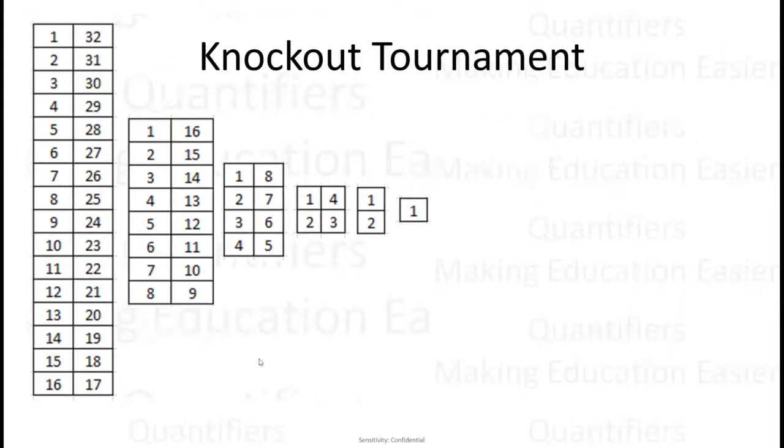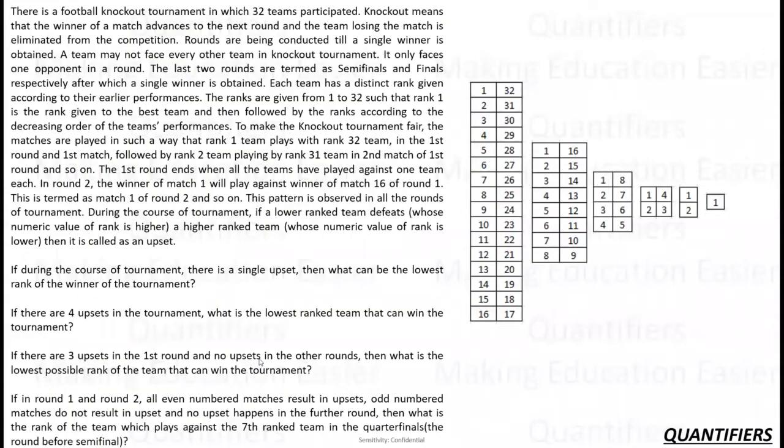अब अपने पास अगला क्या है? ये क्वेश्चन लिया मैंने नॉकआउट टूर्नामेंट पे. बिफोर यू सी इट, प्लीज ट्राई इट एंड देन सी द सॉल्यूशन. राइट, ओके, आई होप यू हैव ट्राइड इट. अब इसमें क्या दिया हुआ है कि हमारे पास ऐसे ऐसे करके 32 टीमें थी. नॉकआउट टूर्नामेंट हुआ, ये सेमीफाइनल है, ये फाइनल है, 5 राउंड है. ठीक है,